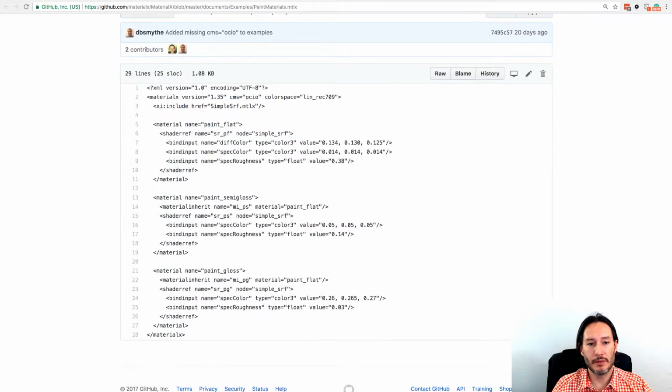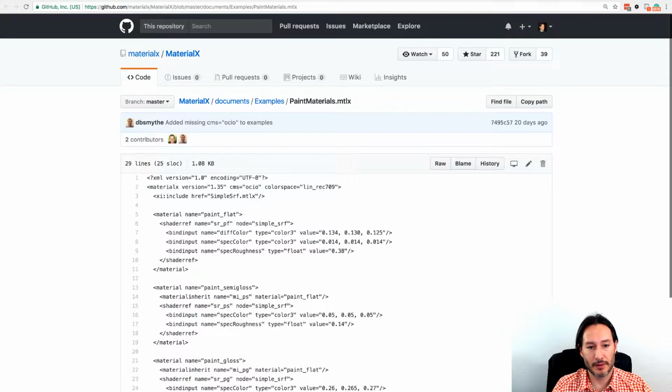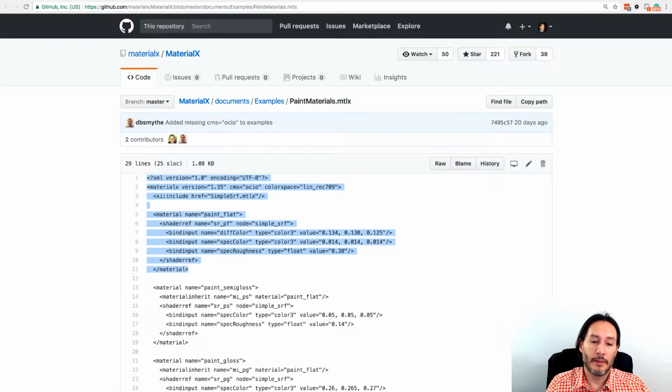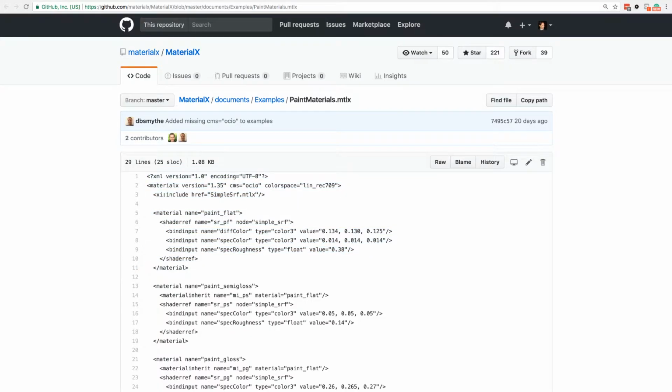As you can tell, these are very simple XML files, and they are written using the libraries provided by the Material X project. Of course, this is XML, so you can write them however you want, but there's no need to reinvent the wheel. These guys have provided us with APIs for C++ and for Python, and it just makes sense to use what they give us in order to read and write this.